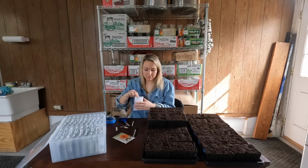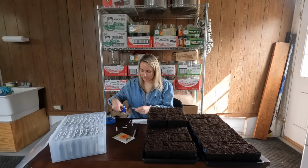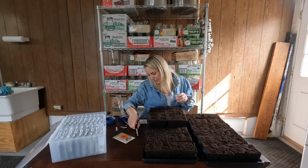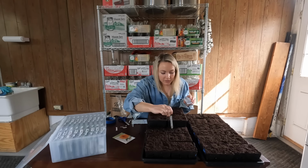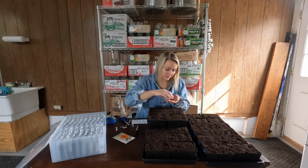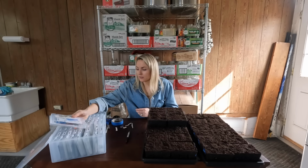So I just put enough soil in each cell. I'm going to do 3 of each, and I'm not going to label which 3. I'm just going to do this first side with these ones, and then I'll do the other side with the other ones. Next